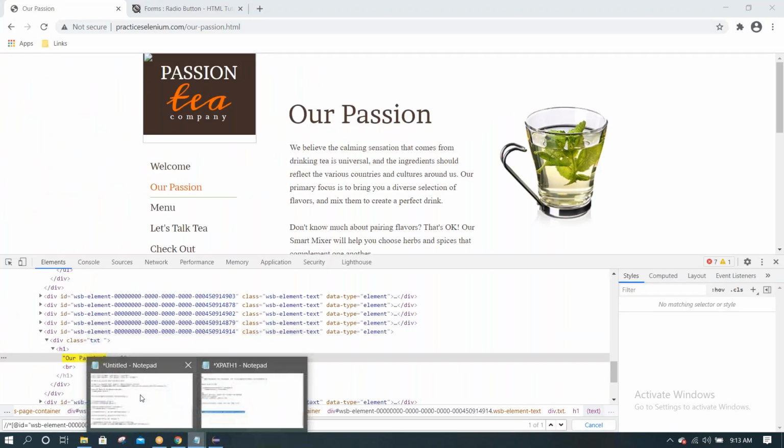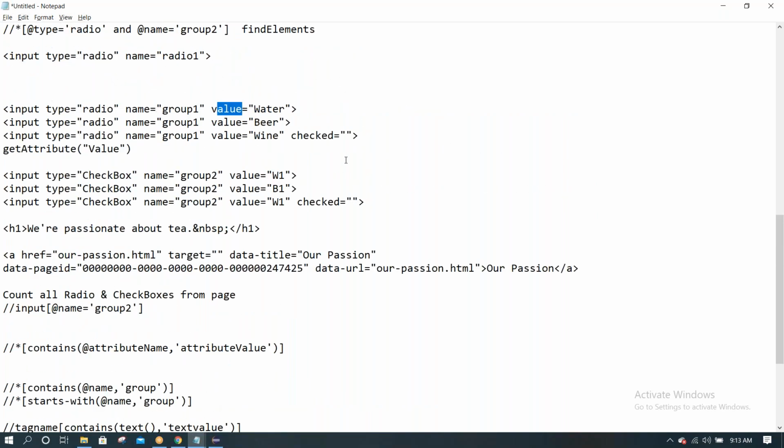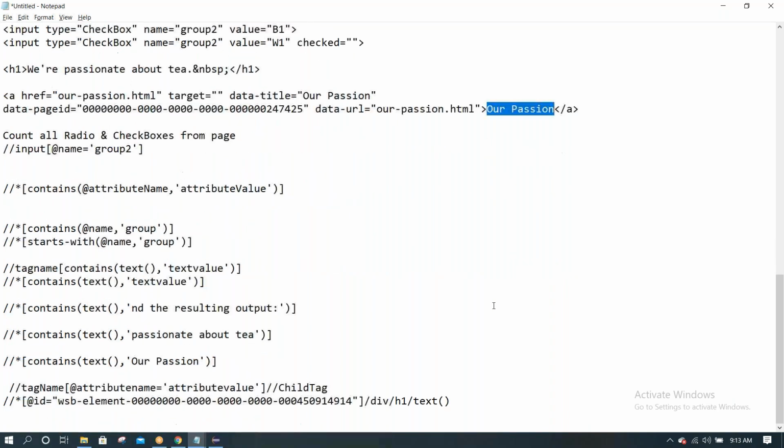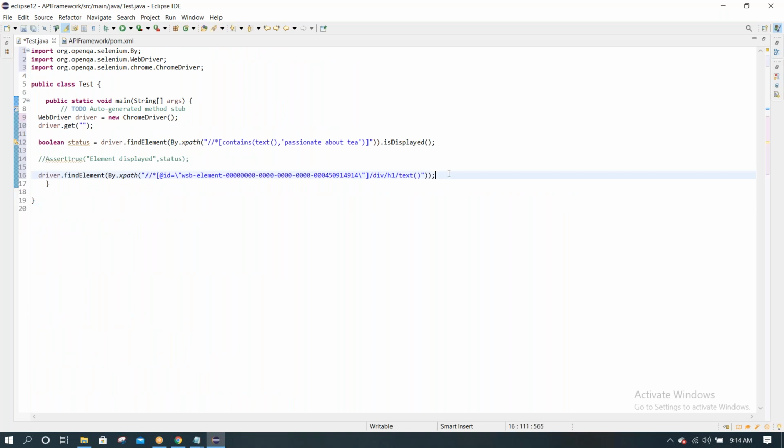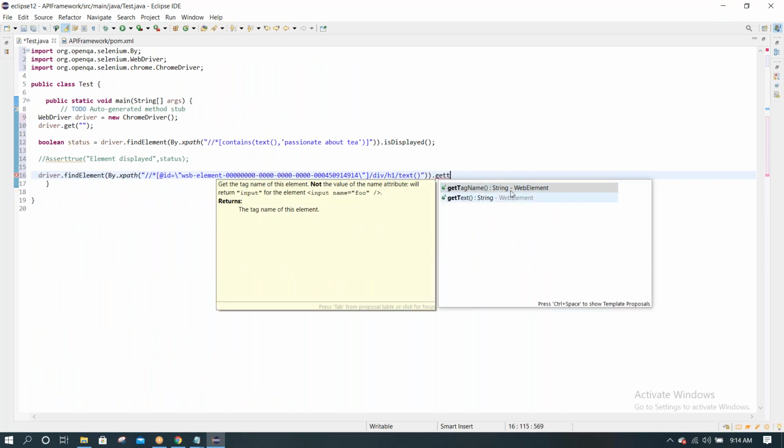It is directly a text. And for links also, this is text. So if you want to get the text, we can use dot getText. getText is returning a string.